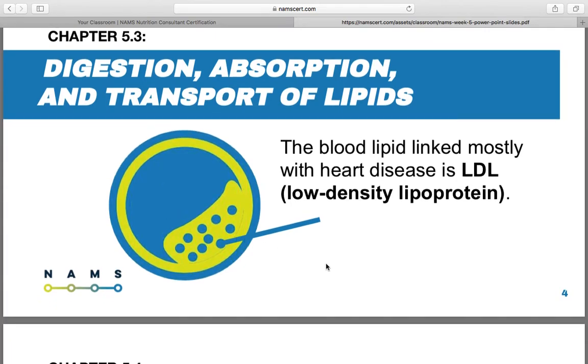The blood lipid linked mostly with heart disease is LDL, low density lipoprotein. So when you go for your blood work, if you guys ever go for your yearly physical, sometimes the doctor will do a blood panel on you. And one of the things that they check for is your HDL, your high density lipoprotein, as well as your LDL, low density lipoprotein. This is very important because if your LDL is too high, that means you have high